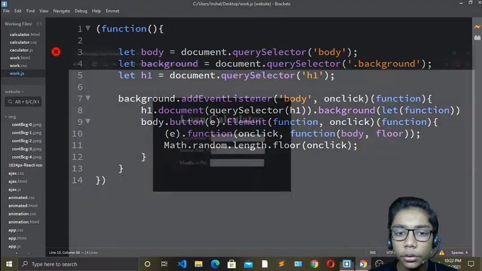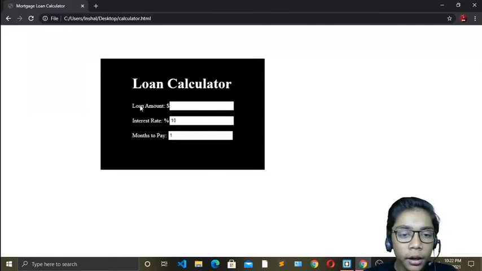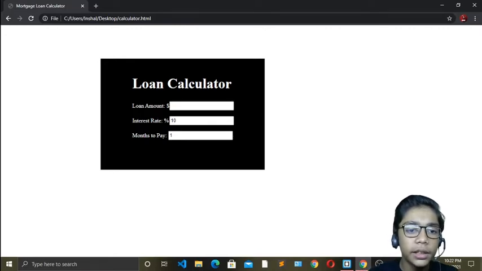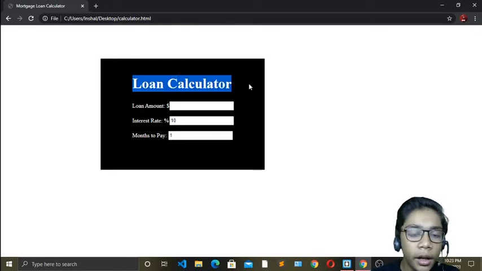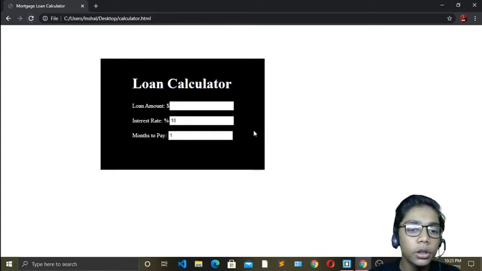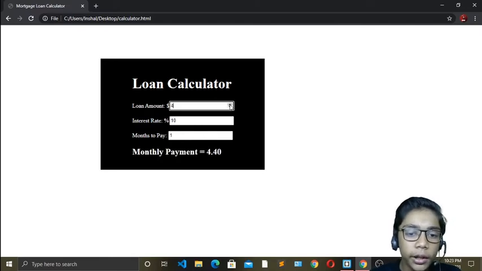Okay, so if I go over here, you can see our mortgage loan calculator has been made ready. You can see that all the things which we want come over here. This is a lobster text. It is just random text, so you can also take that. If you do like that, you can see our monthly payment is going up, it is going to more.